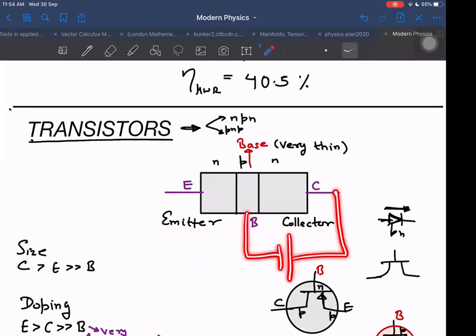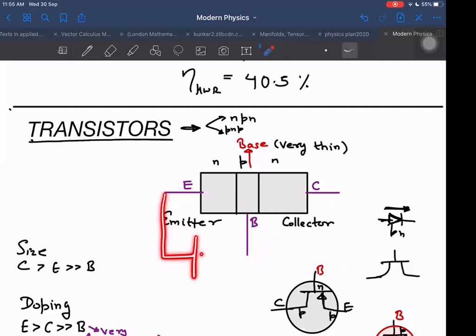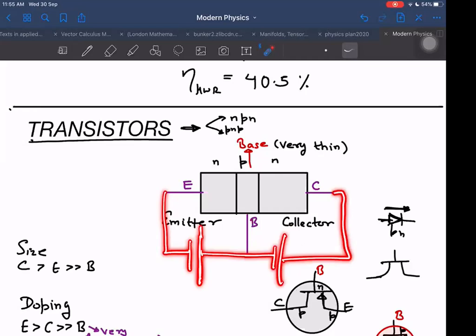Now, what happens if I do this thing? I connect here, and I connect here, and sorry, C to B, E to B. I want to make forward bias. Okay, let me make how to make forward. E to B, negative this side, positive this side. That needs forward bias. And C to B, I want to make reverse bias. Let me make it reverse. How to make reverse? No, sorry, I did wrong. Negative, positive. Again, negative, positive. This way. Right now, one of these is forward bias, and the other one is reverse bias.